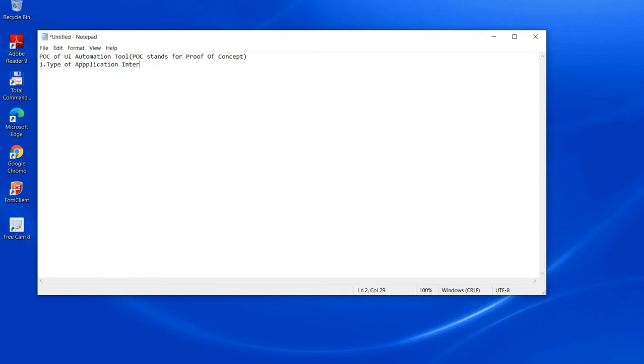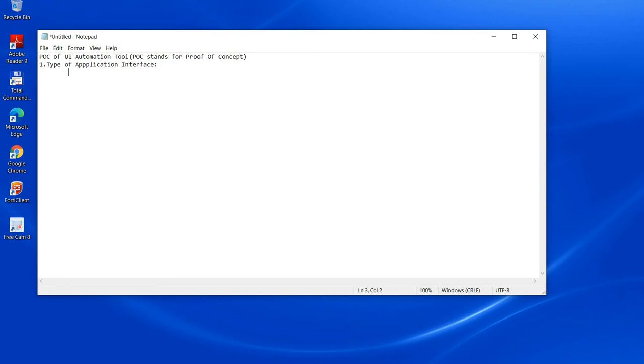As the tool we are talking about here is a UI automation tool, to run the test cases it interacts with the UI interface of our application, the way we do when we run the test manually, interacting with the UI of our application.